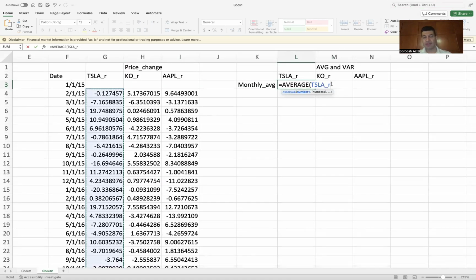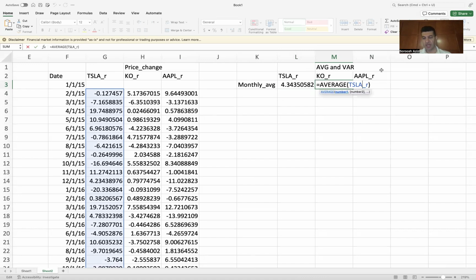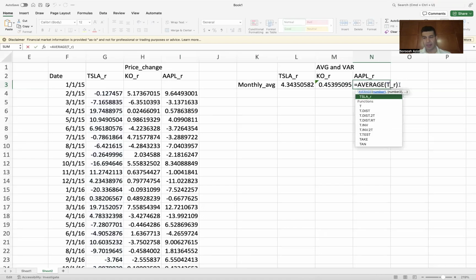However, if you do that, since we call that series TSLA underscore R, Excel is going to just call its name. Close the parentheses and hit enter. And then I can just drag it to the right and change the name from TSLA to KO, or you could easily just select the data and then calculate the